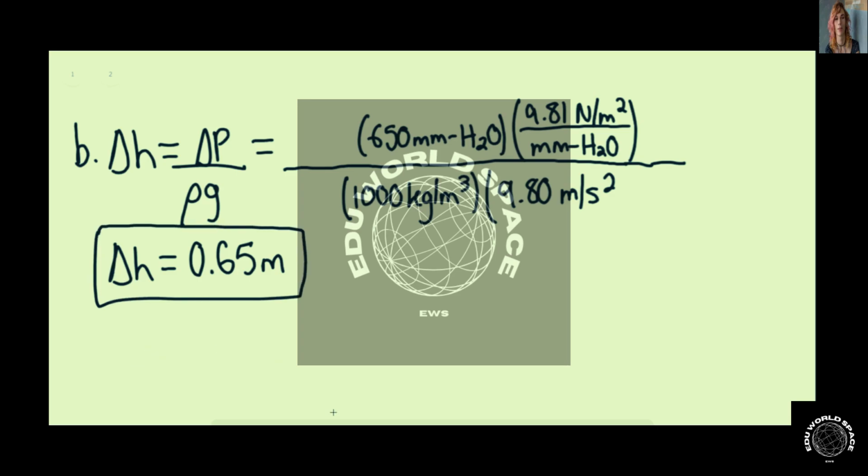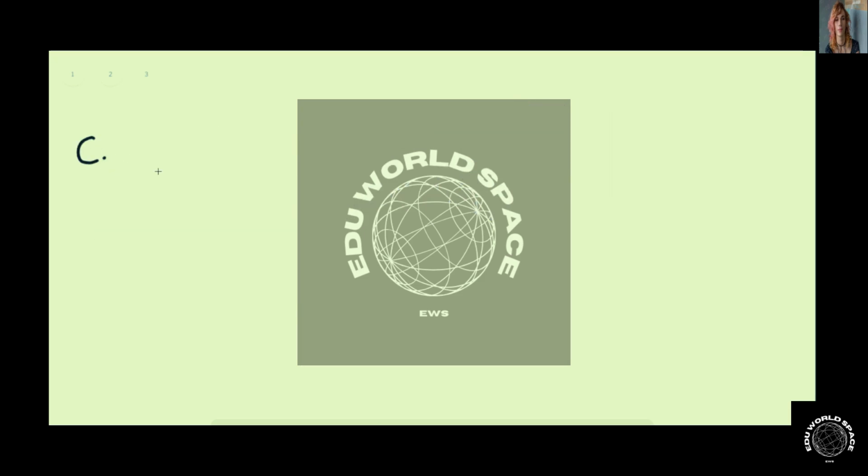And then for part C, in order for the fluid to just barely enter the vein, the fluid pressure must be the same as the blood pressure. So again, delta H must be equaling the change in pressure divided by the density times g. This is going to be equaling now